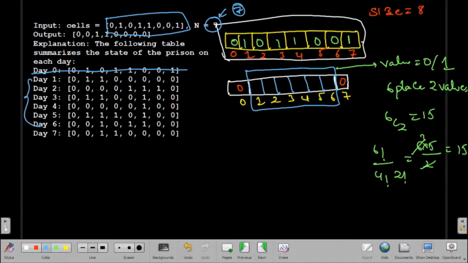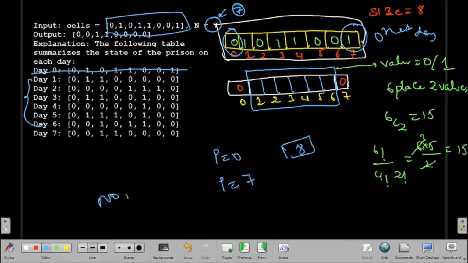And one more thing, guys. When we see here, this is my 0th day. The index I equals 0 and the index I equals 7, because my array size is 8, my starting index and end index have no adjacent on both sides.